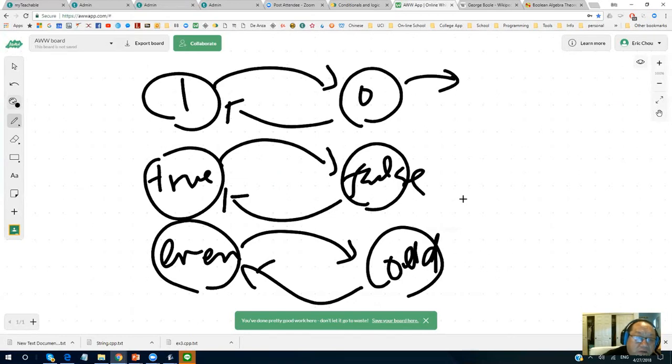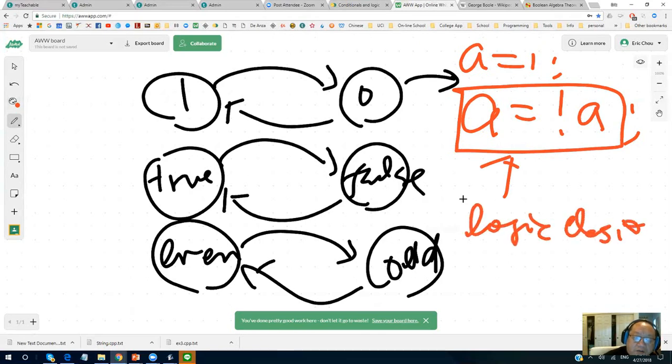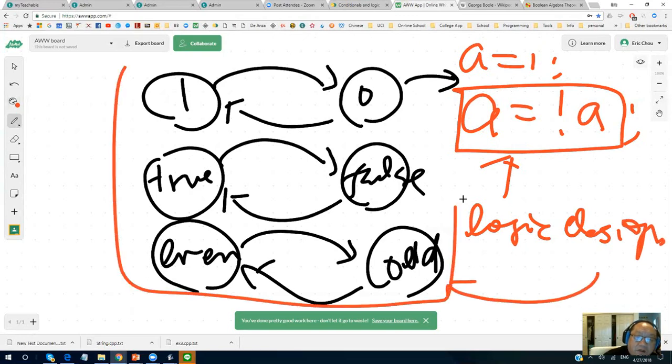And then we go into the logic design. The logic design is pretty simple. Initially, we have this, and then every time we want to change, we execute this. So this part is called logic design. How can I design my logic to make my computing happen?